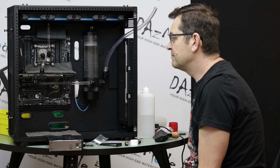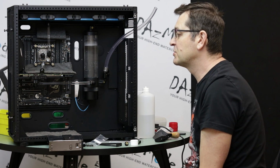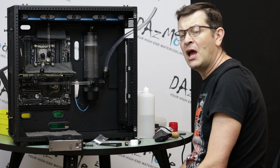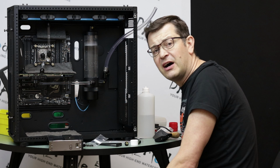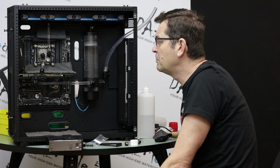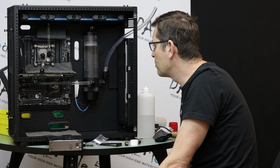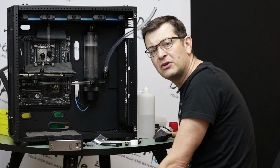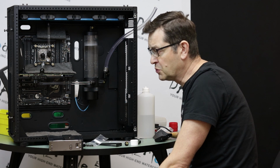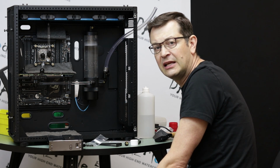I was always taught that PETG is so much better and so much faster, but on this particular build I was able to move pretty fast. You just need to practice a little bit, and after that you will be fine. So I definitely will never ever use a stupid PETG anymore, because as I said, I have a couple of clients where PETG deformed due to the high heat of the system, and after it deformed it started leaking, and